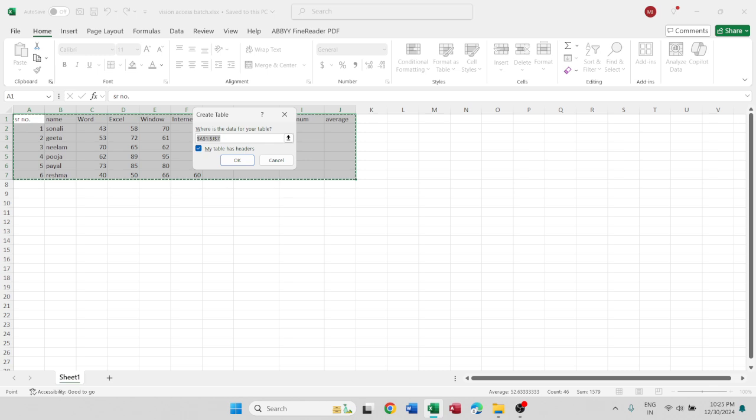Where is the data for your table? Edit, $A$1:$J$7. Now the Create Table dialog box is open. Here JAWS will announce Create Table dialog. Here ensure that the My table has headers checkbox is checked, which indicates the top row of your data contains the